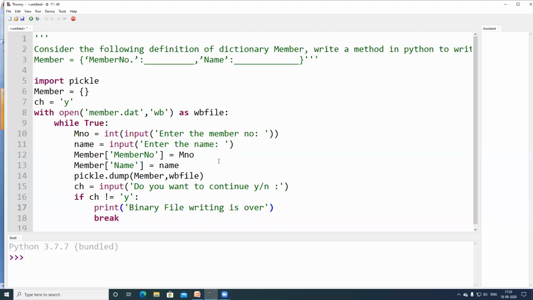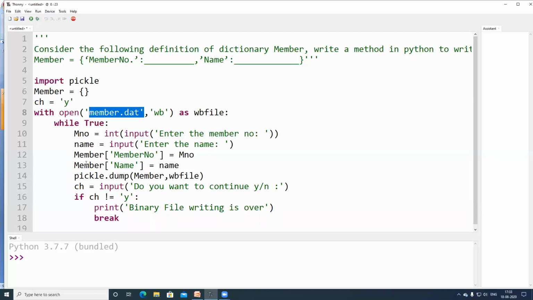Just a message so that we can come to know what it is. So this while loop is going to help me to accept data continuously, and it is trying to write it onto the file called member.dat.